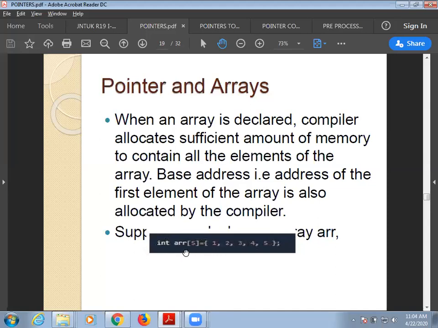If I give the base address as 1000 for the first element, then 1004 will be for 2, 1008 will be for 3, next 1012 will be for 4, 1016 will be for 5. Okay, that will be the addresses for each and every element in your array. Each and every element has its own consecutive address.